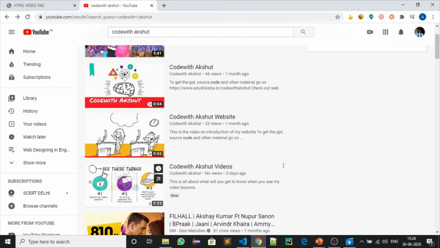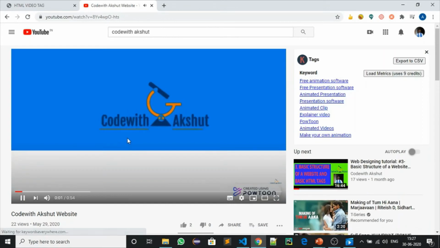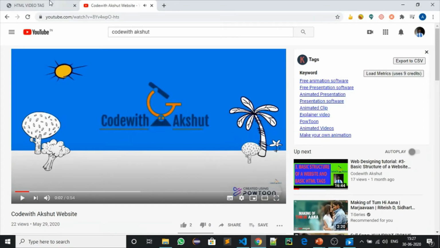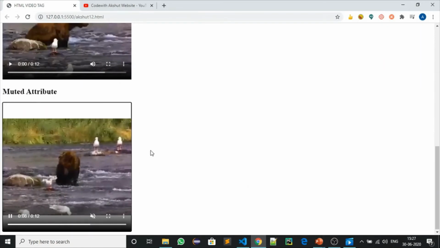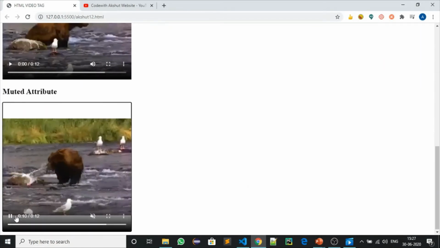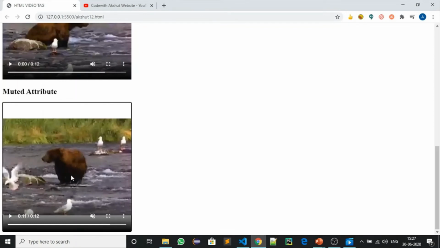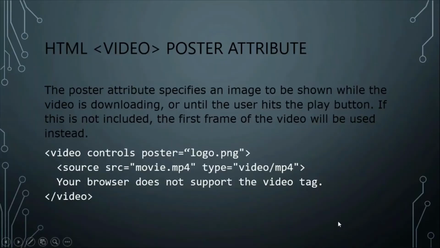This is the picture, but when we download it, the thumbnail will not come. Also, when we play it, the thumbnail will vanish again, as you can see now. So this will happen. Let's implement it live here. Also, let me tell you about this height and width, that if we change the height and width more, the white spaces will be above also and below also. Okay, now let me go on the PowerPoint presentation.